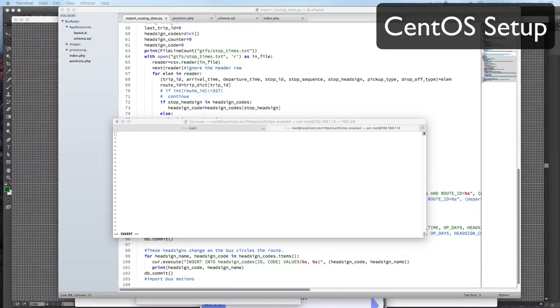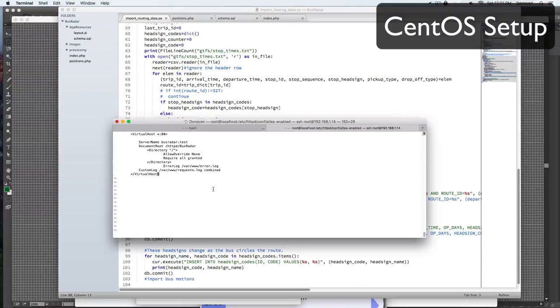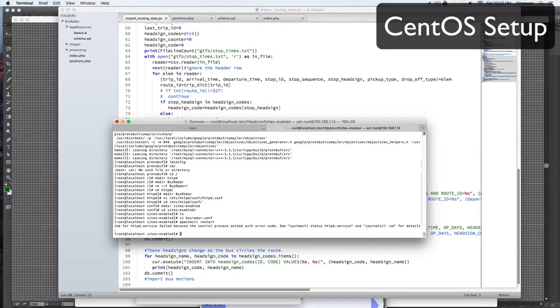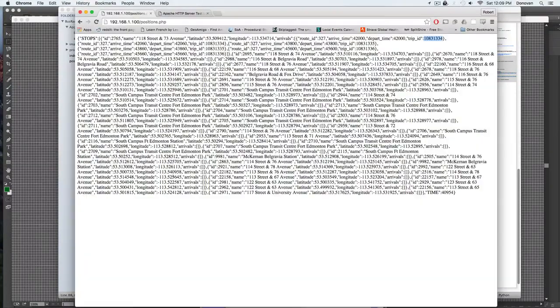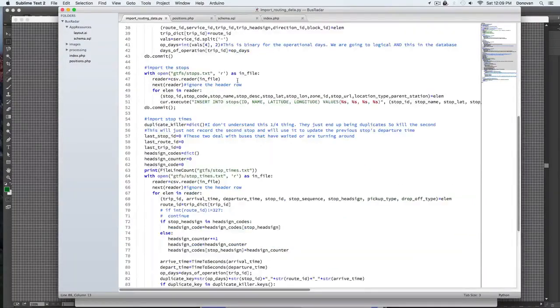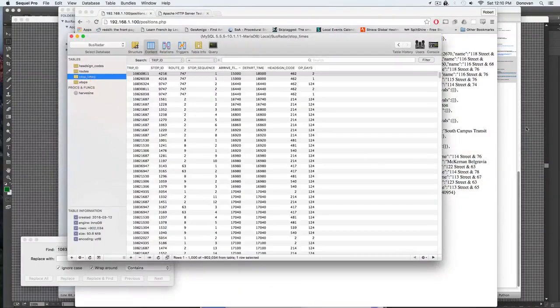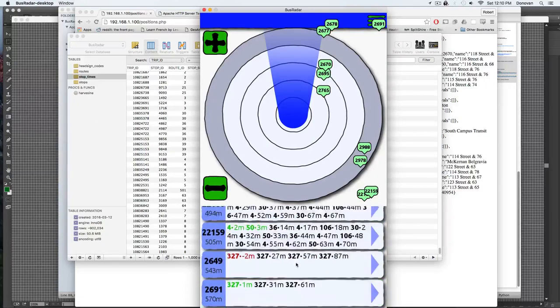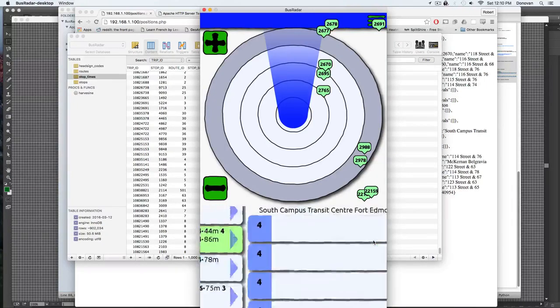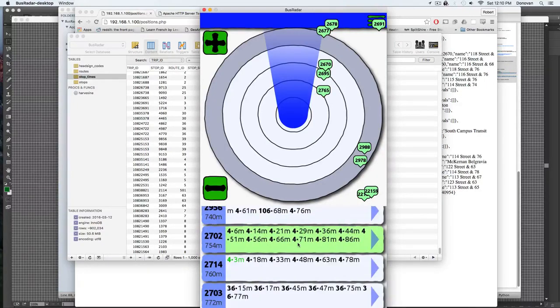So now we need some details, especially now that we have the head sign codes. So we're going to need to export those head sign codes with each of the things,